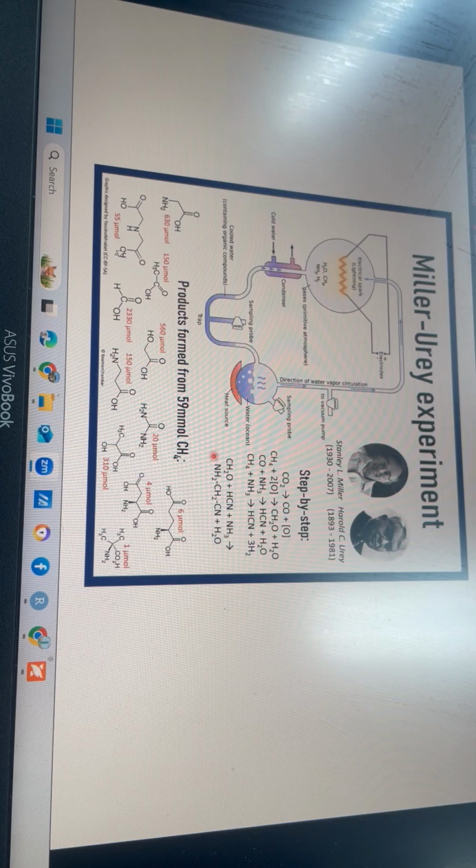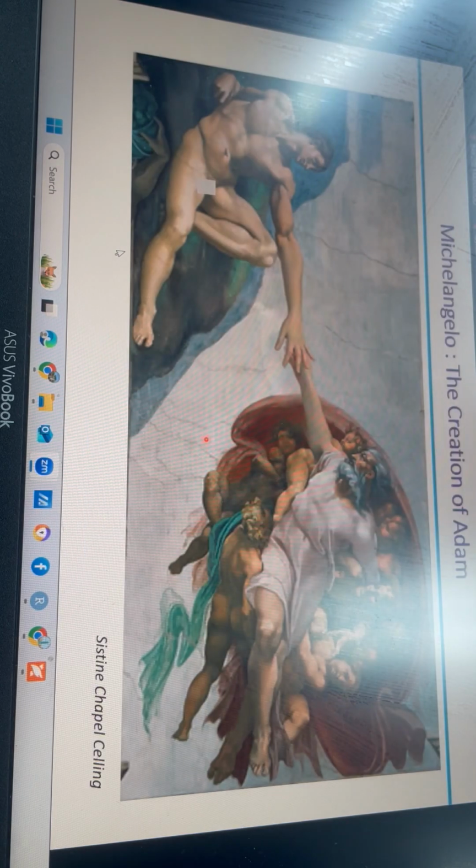So as I mentioned, the Smith-Muller experiment was done, from there they found different products. Um, so different amount of different products that form from their experiment. So then, you know, if you